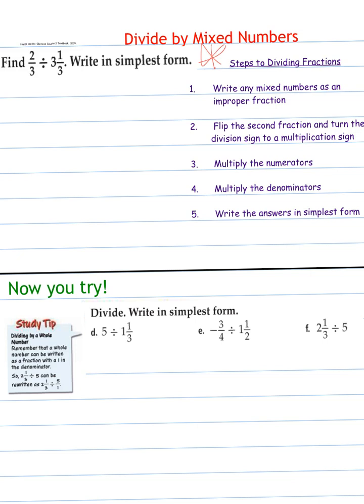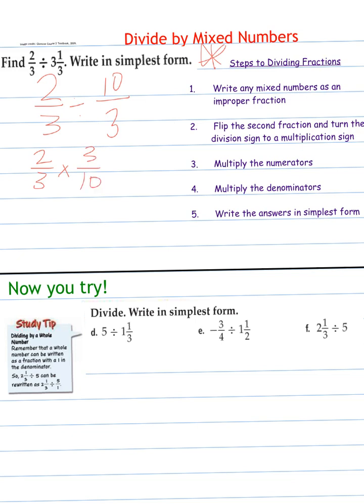So the 2/3 stays the same. We're still dividing. Right now I'm doing step 1, which is to turn any mixed numbers to an improper fraction. Okay? We take 3 times 3, which is 9, plus 1 is 10. So we have 10/3. Now we keep the first number the same, change to multiplication, flip our second number, and